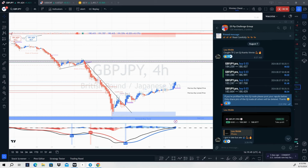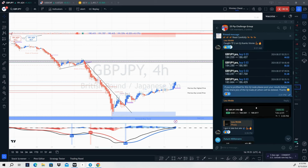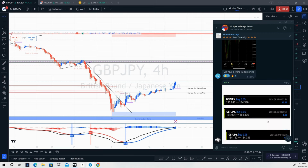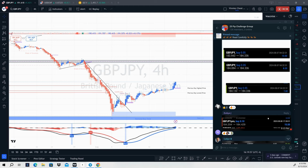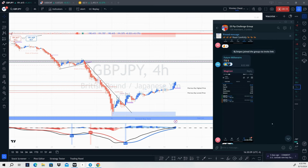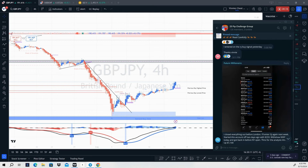Here's some examples of other members who won that GJ trade also. Okay. So this is what's possible with the 25 pip challenge, guys. I'll put high probability trades inside the group so we can slowly grow our account, right? A lot of success, a lot of people making money with the system with the 25 pip